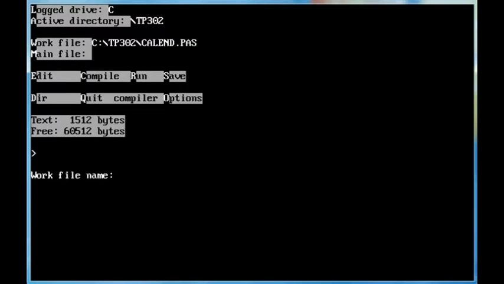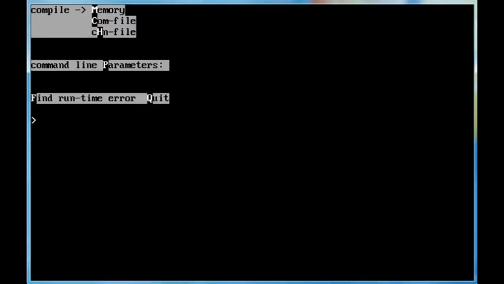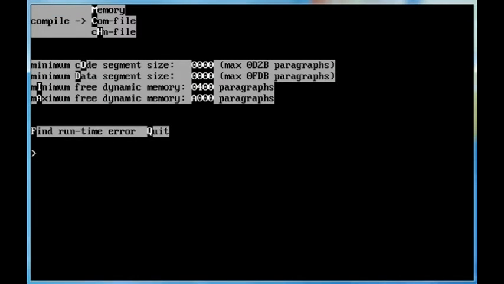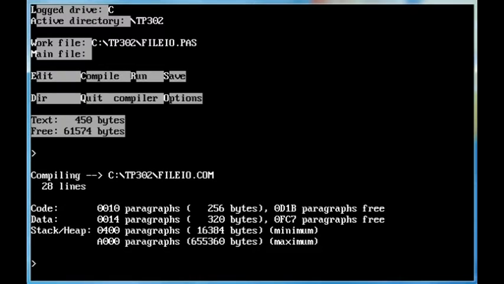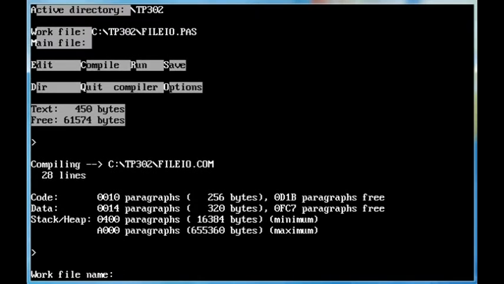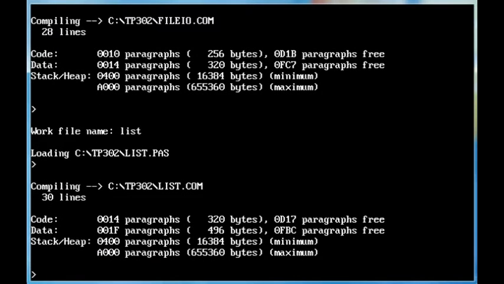Work file, file IO, C for compile option. Compile options, O, C for compile, and then quit, and then say C to compile, and it makes an executable. It's ones and zeros based on the source code. And work file list, C to compile, and it does that. Q to quit,